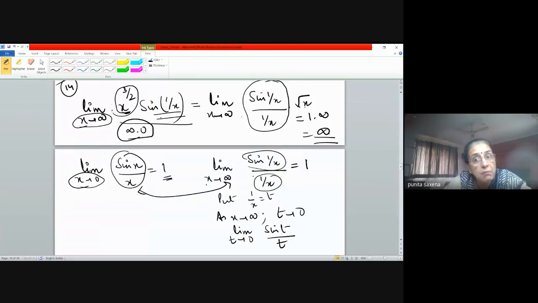So you may come across such functions also which look like they are indeterminate forms, but then with certain use of properties of your functions or of your limiting functions, you can actually evaluate the limits without calculating the